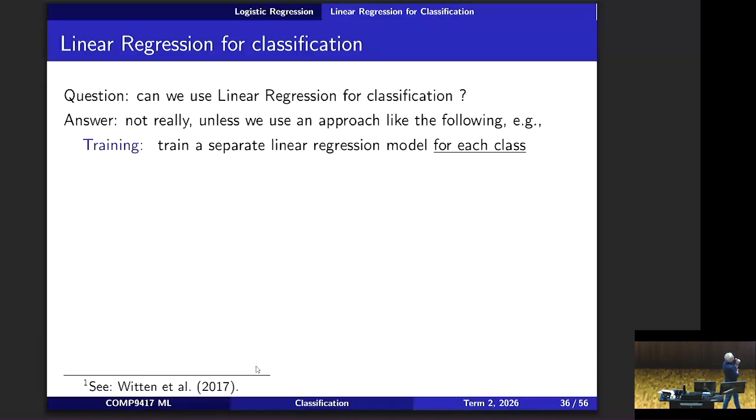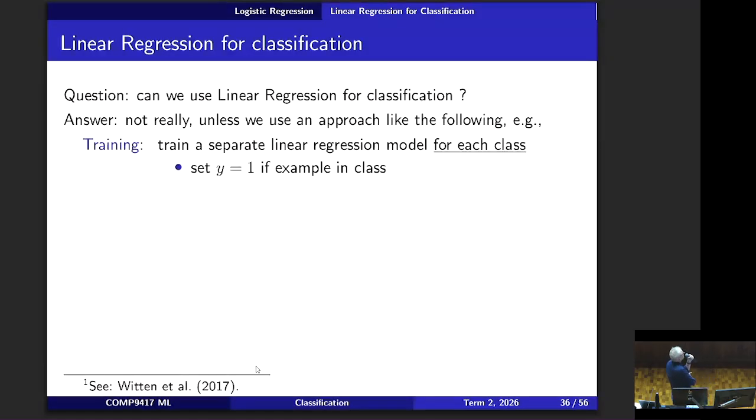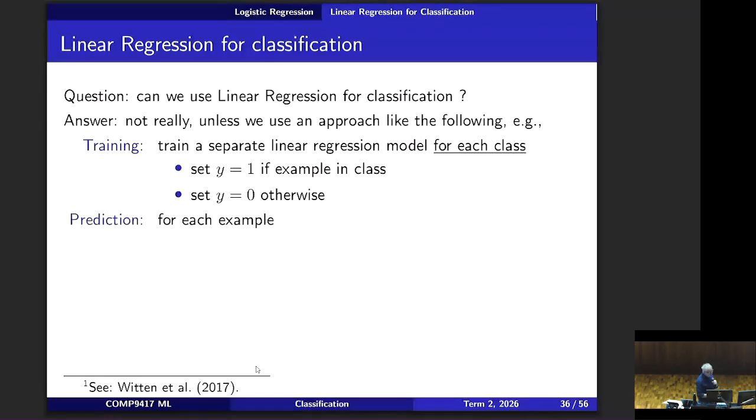I just find all of the examples that had class 1, and I could train the model as follows. I would set y for each example that was in class 1 to be 1, and I would set the other guys to be 0, and now I have a number for every data point in the data set in terms of predicting that class, and then I could train a linear model, regression,